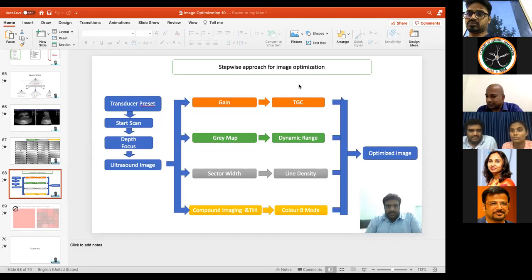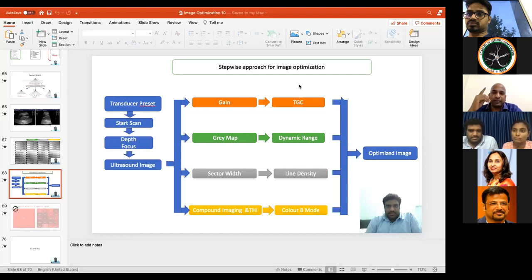Okay, let me just summarize. I wanted them to take three important take-home messages. The first one is that the ultrasound image is nothing but interpretation of reflected echoes. And only the reflected echoes make images on the screen. So we have to get maximum echoes coming back to the probe.